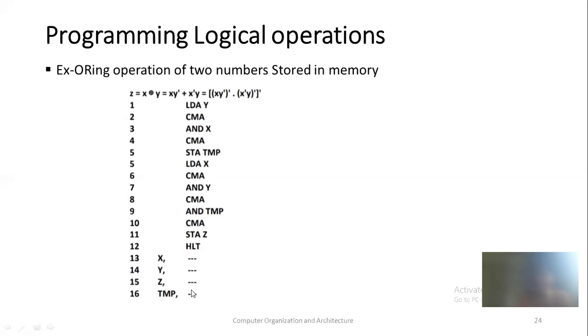It is also easy. You just do the same operation you do with Boolean variables, in terms of the contents of memory locations, using the CMA and AND instructions, because we have only ANDing and complement operations in our instruction set. So that is your XORing for logical operations.